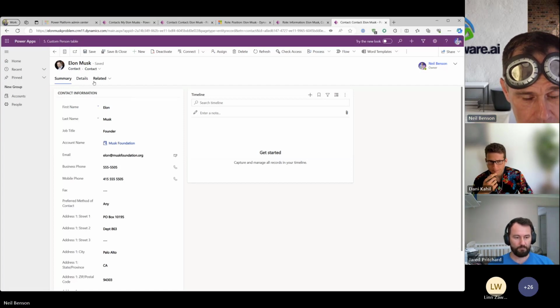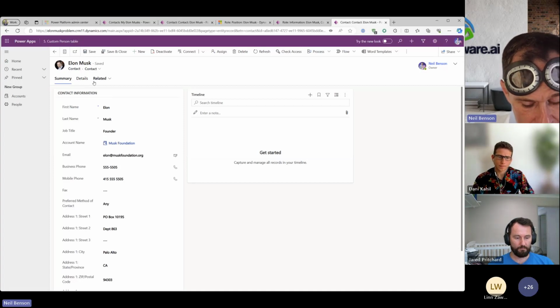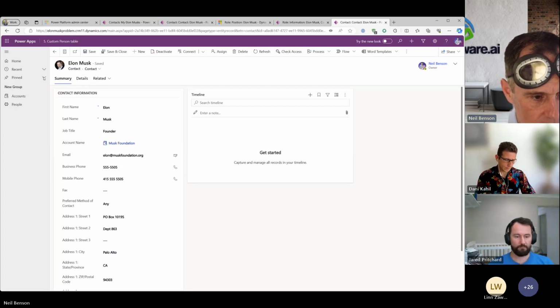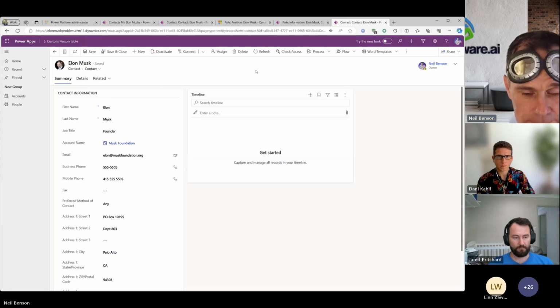Depends on the industry. In financial services, in government, you probably need a very high degree of certainty before you can link two contacts together and say that's the same person. Other places it might be easier.